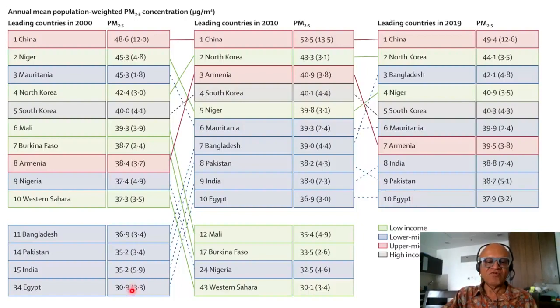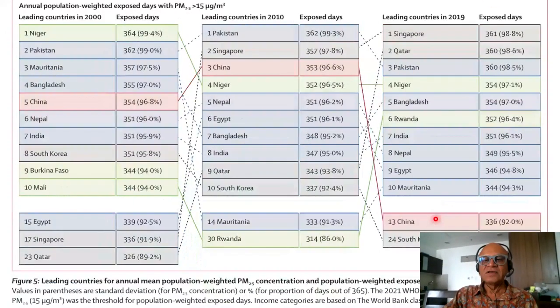The numbers went from 30.9 micrograms per meter cube to 36.9 and 37.9 respectively for 2010 and 2011. So none of the places are systematically getting better. Small countries like Mali here went from number 6 to number 12 and doesn't even show up in the top 10 for 2019. Okay. Looking at other places, looking at